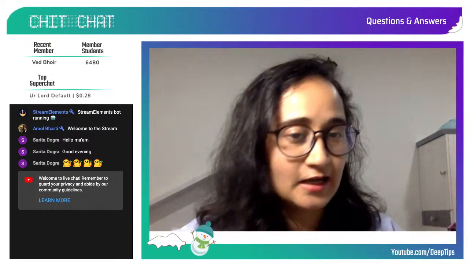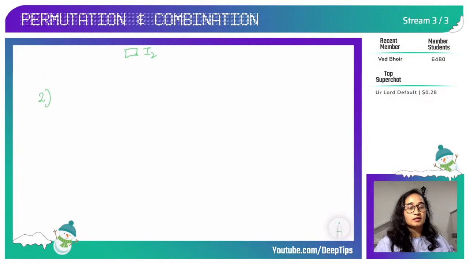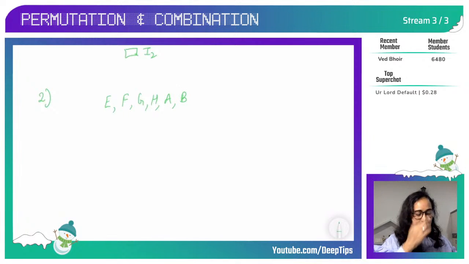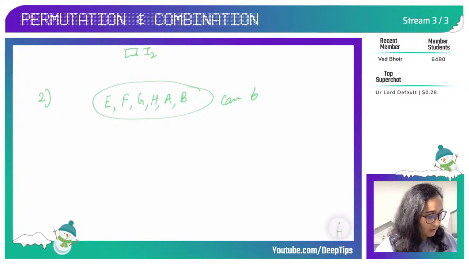So we are starting our second question, which is also based on circular arrangements. It's a very interesting topic. So the question is, now listen carefully, it's different from what we did in the first question. Okay, I have few people, E, F, G, H, A and B. I have 6 people with me. And the question is, what are the number of ways in which these 6 people can be seated? They can be seated on a round table